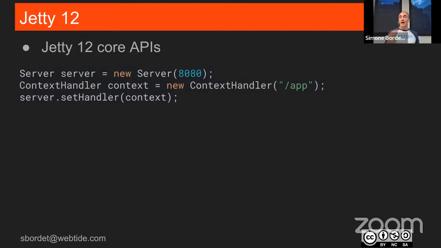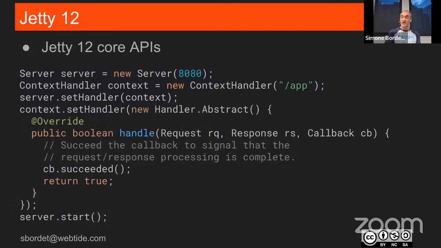Okay, but once you know that the request starts with /app, what exactly do you do, right? So then you add a child to the context handler, which implements your own logic. And so this is now a Handler abstract class, and you have a method called handle, which takes a request and response and a callback.